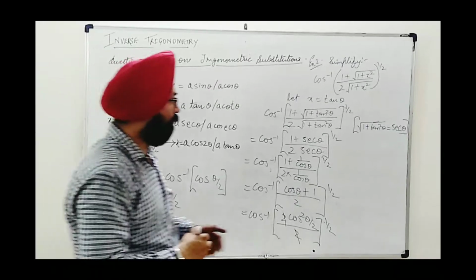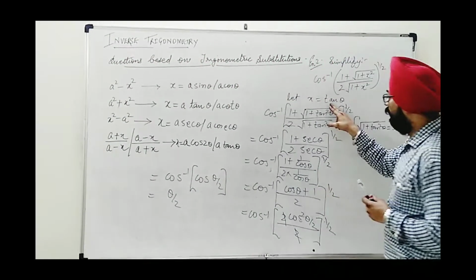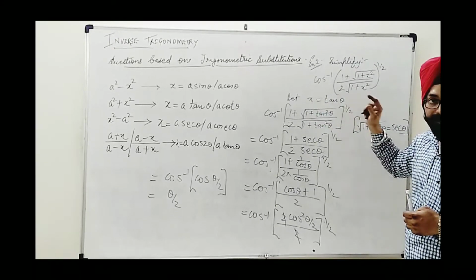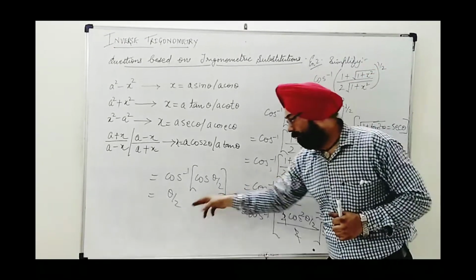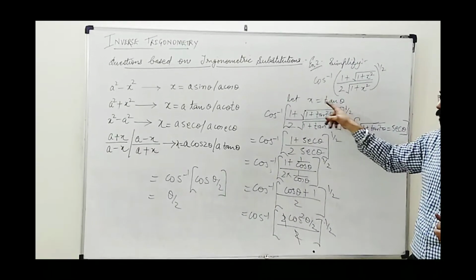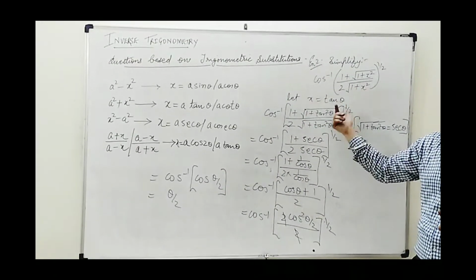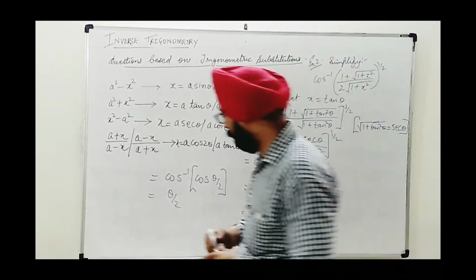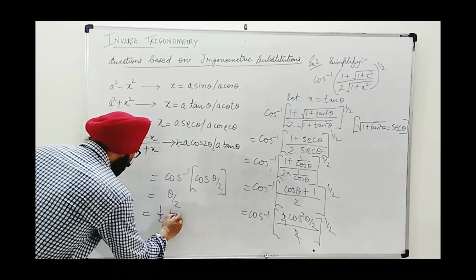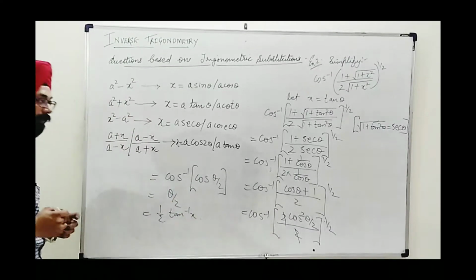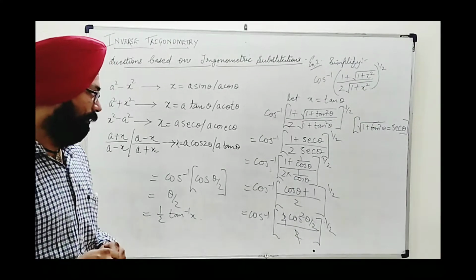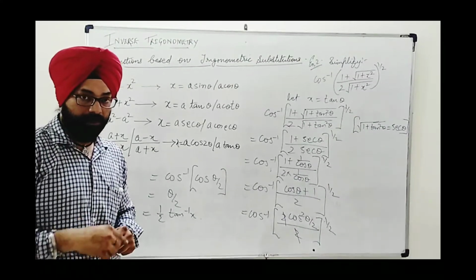But again I will say, as we are not given theta, we considered x equal to tan theta, so we have to get the value of this theta from the same relation. From here I see theta is equal to tan inverse. Whenever x is tan theta, we can say theta is equal to tan inverse x. So this will be half of theta, meaning half of tan inverse x, and simplify. I hope you have understood. This is the next application. One more question we will see to understand it better.